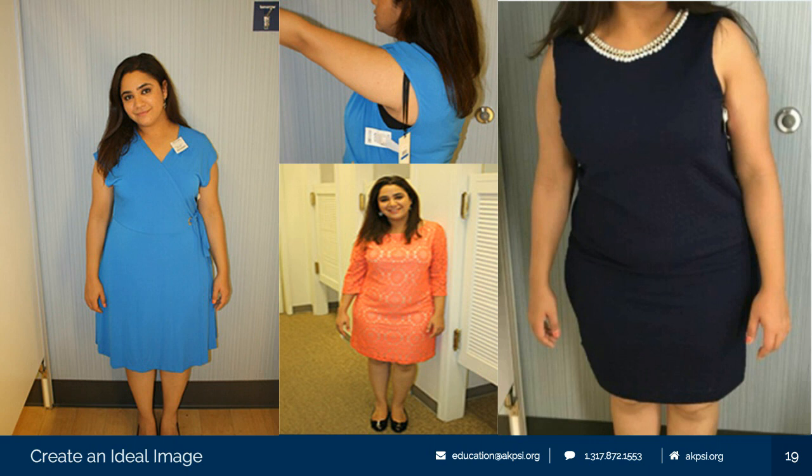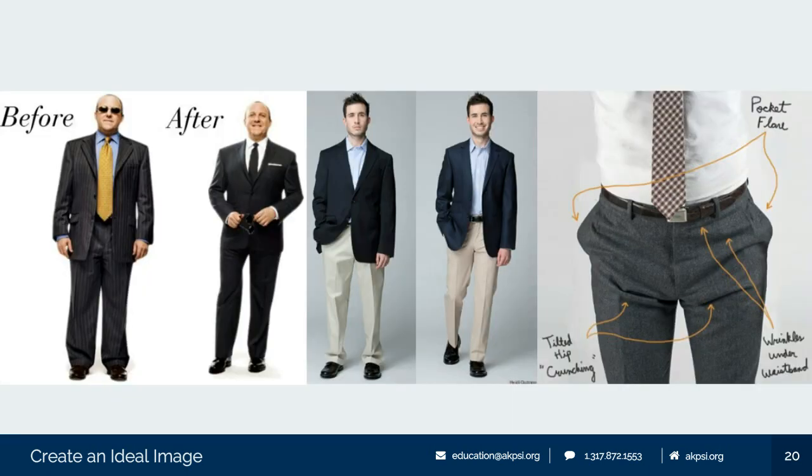This is a great visual for men. Same thing. So the first gentleman, where it says before, he's in a suit that fits him. It's completely appropriate. It's in a fine color. But when you look at him in the updated suit right next to him, you can tell he looks much more current. He actually looks much more powerful in this suit, all because it's updated. It's slimmer, sleeker. His shoulders look broader. The tie that he's wearing is a little bit thinner than the tie on the left photo.